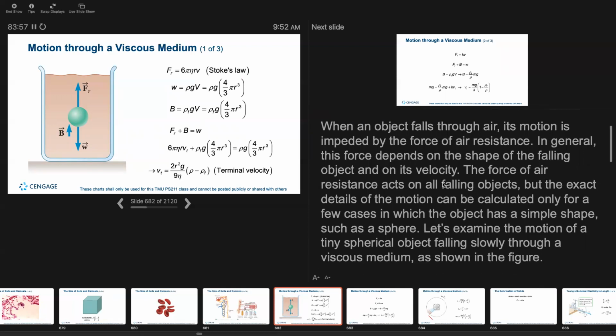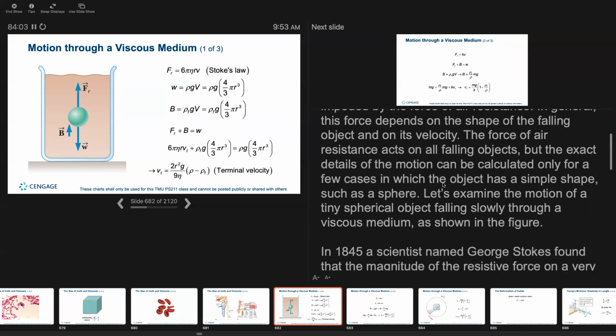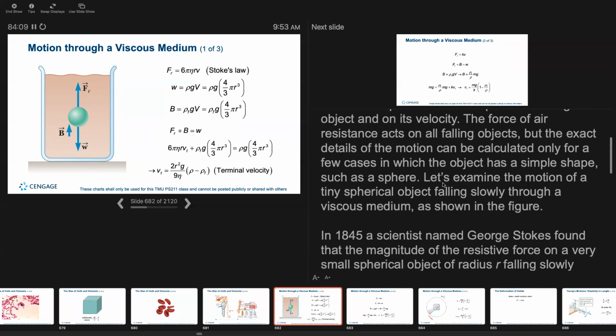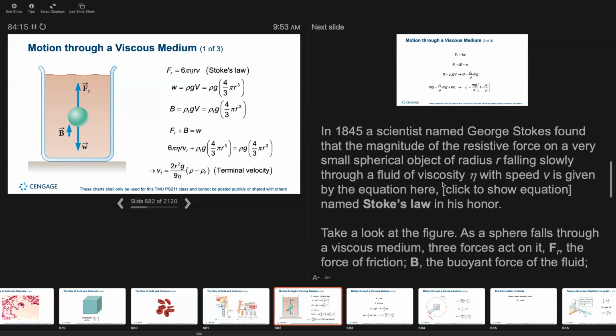The force of air resistance acts on the same falling object, but the exact details of the motion can be calculated only for a few cases in which the object has a simple shape, such as a sphere. Let's examine the motion of a tiny spherical object falling slowly through a viscous medium as shown in the figure. In 1845, a scientist named George Stokes found that the magnitude of the resistive force on a very small sphere